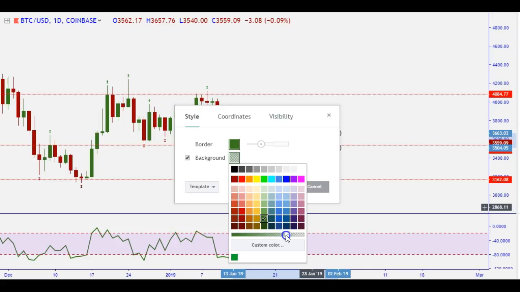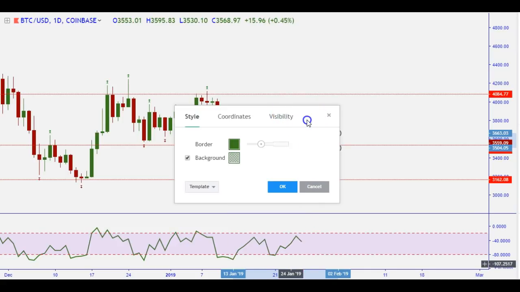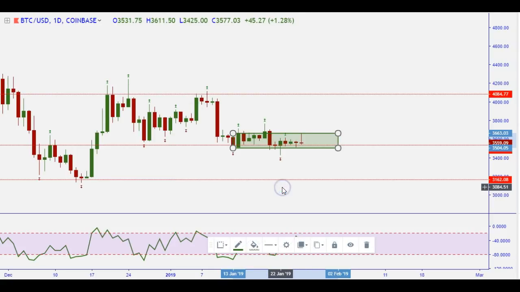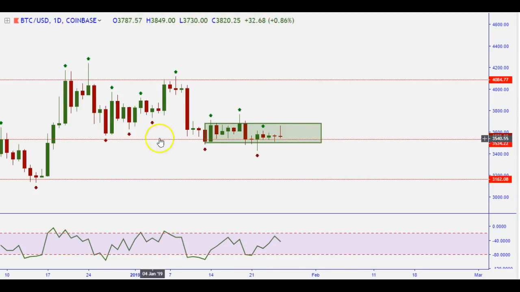Alright, we don't want it to be that dark. So that should do it. Alright, so we're inside this box here, and I can mark this a little bit better. And then we're going to go to the 4-hour time frame. So remember this level, that's important for us, 355.9,